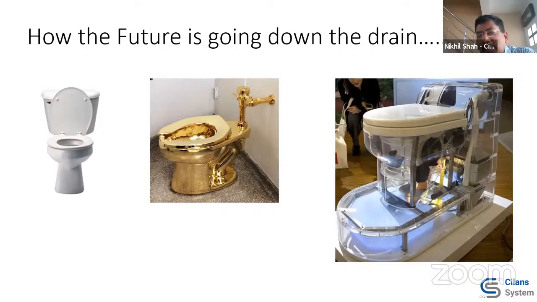not that the transparency is important. What is important is the tagline that I've written on the top, how the future is going to drain. It's not meant in a negative way, but it is used for the waste that a person produces. It can offer you immensely valuable data about that person's health, right? We have all experienced that: if something goes wrong in your blood test, immediately the doctor would ask you to do the blood test and the urine test, right? For measuring the sugar, many harmful substances would be caught in the urine.